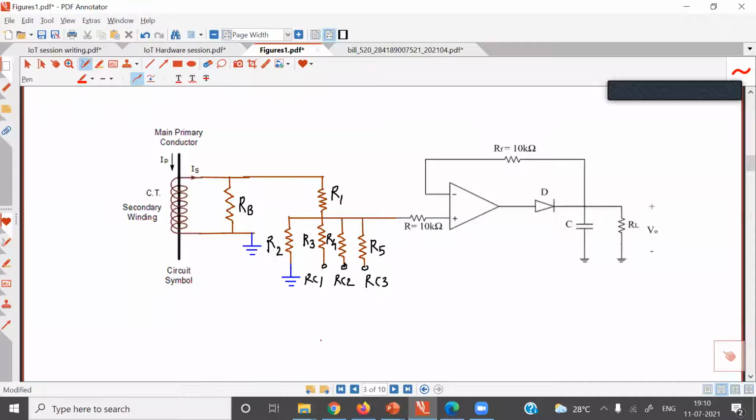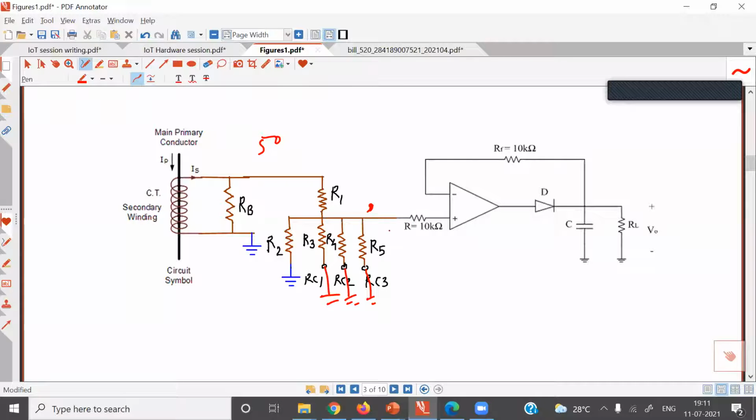Depending upon your requirement, you can go for variable gain. For variable gain, you can use multiple resistors and connect them to port pins. And you can select any combination of resistors according to requirement. Say for example, if you require larger attenuation, if the voltage coming here is for example 50 volt DC, then you can go for larger attenuation. For larger attenuation, you can ground all these resistors. When you ground all these resistors, what will happen? The equivalent resistance here will decrease, and you will get a smaller voltage.